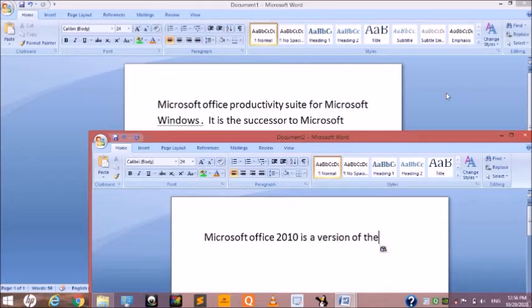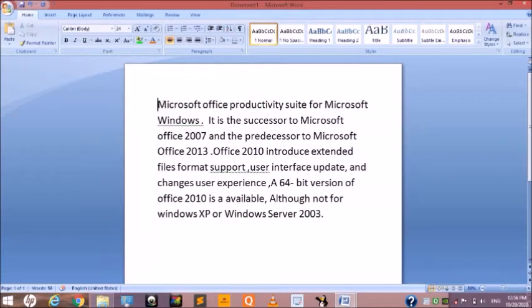Next is copy the text. Okay, copy the text means it helps to repeat the already entered text at a new location without retyping. Okay, for example, this Microsoft Office.